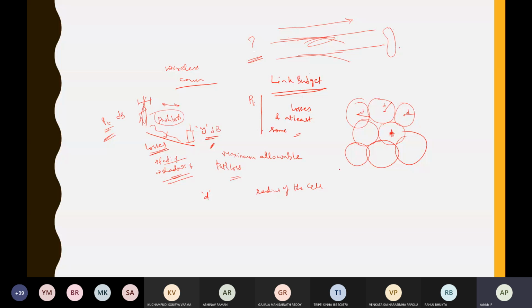It is simple, like how much money you have to earn. You have to earn so much that after meeting all your expenses, you still have something left in your account. That is the normal financial budget. Otherwise, you will run into losses. Here there is no concept of running into losses, because no one will give you that extra power. There is no loan or anything like that. So we have to plan, otherwise an outage will occur. Generally we call it link outage.